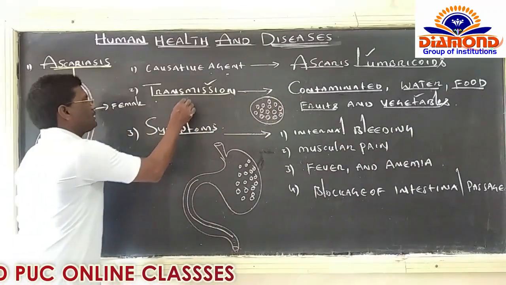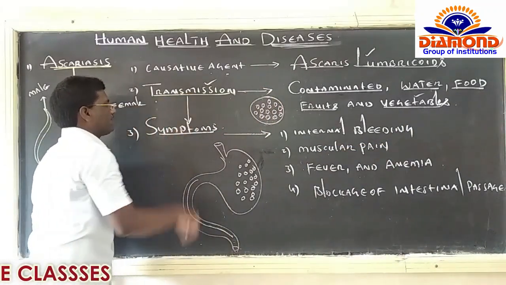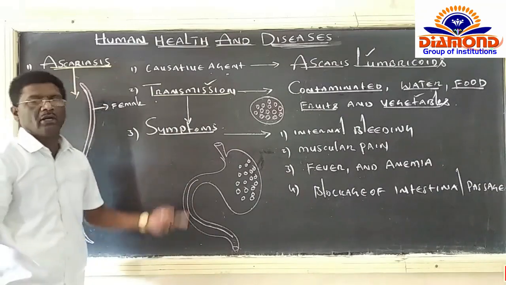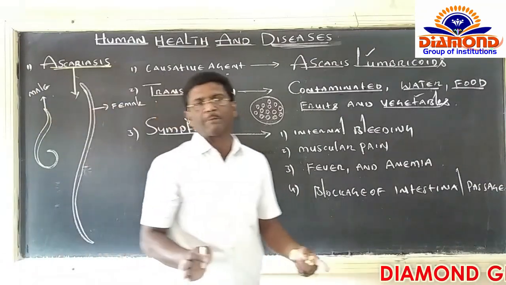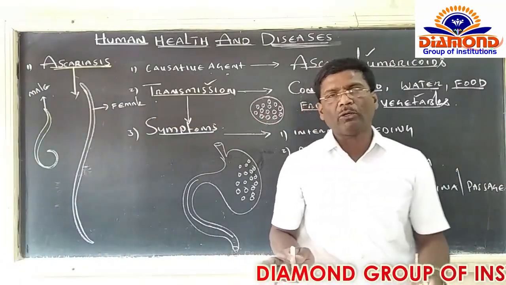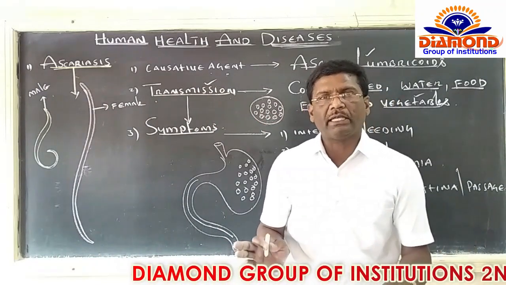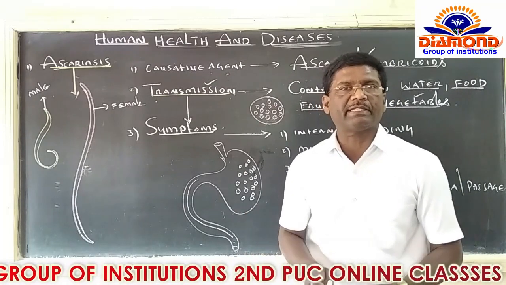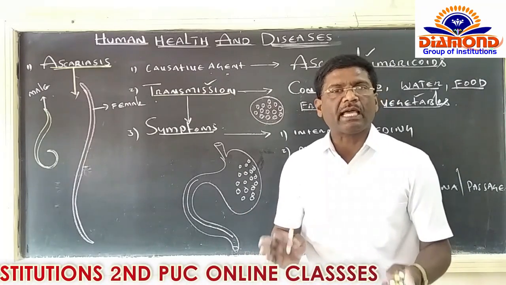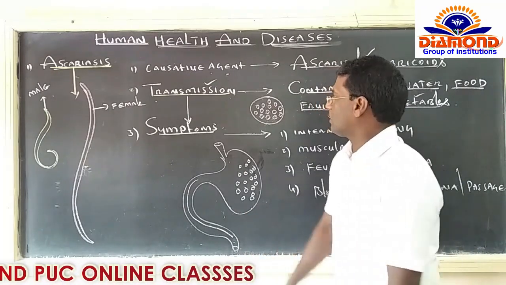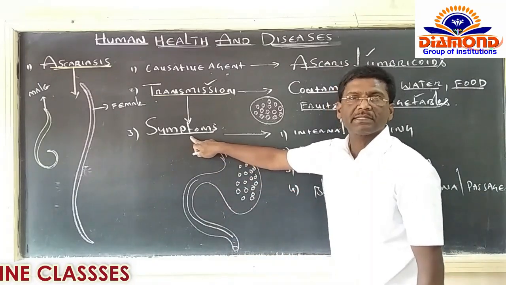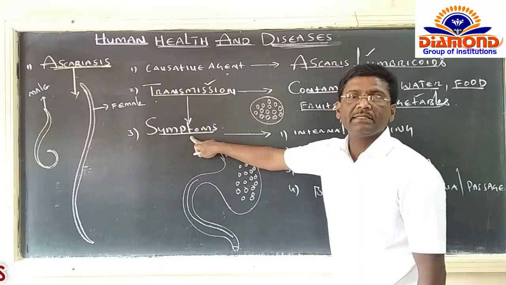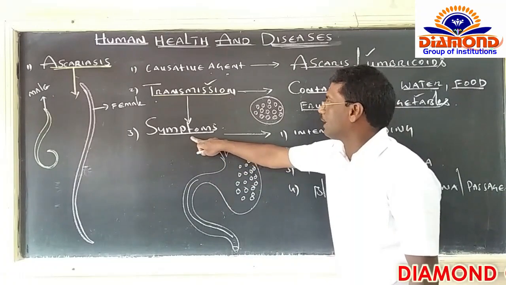And unfortunately, one person got this disease from Ascaris lumbricoides. What kind of symptoms can take place in his body? एक व्यक्ति को Ascaris lumbricoides व्याधि, Ascariasis व्याधि आ गया Ascaris lumbricoides परान्नजीवी से, बाद में उसका शरीर से क्या-क्या लक्षण बाहर निकालता है. That's what we are going to call symptoms. Symptoms means the disease characteristics, otherwise called symptoms.